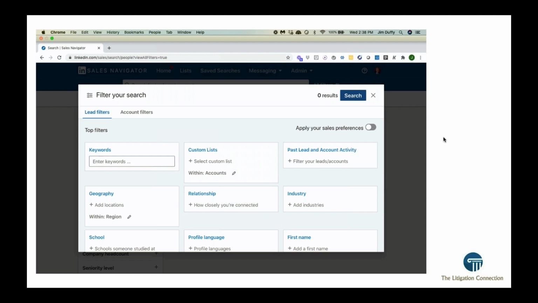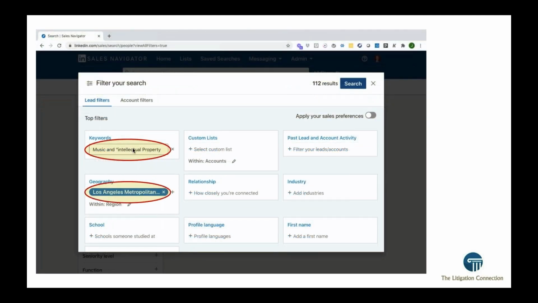So in this particular case study, I'm going to take a client of ours who is an intellectual property litigation expert, and an expert in terms of damages, not the attorney, but a damages expert for attorneys that are focused on the music business and intellectual property damage matters. So what we simply do is we add some information like music and intellectual property. Again, we're looking for attorneys that have a particular focus on music, intellectual property in Los Angeles.